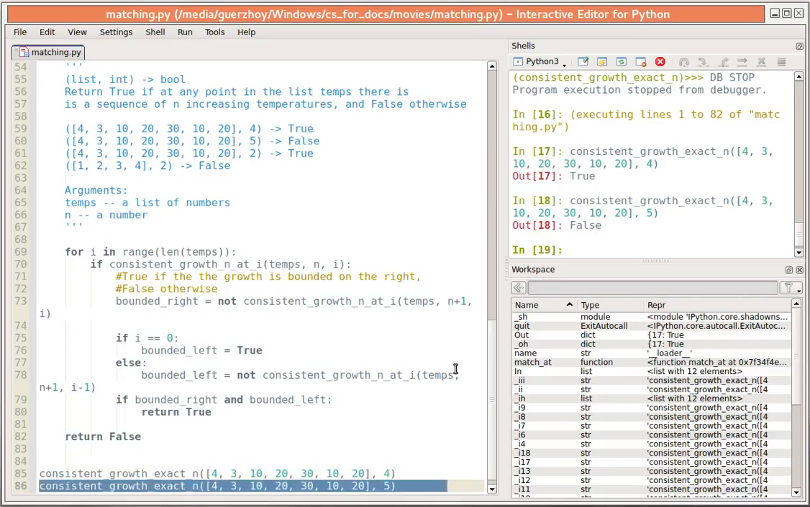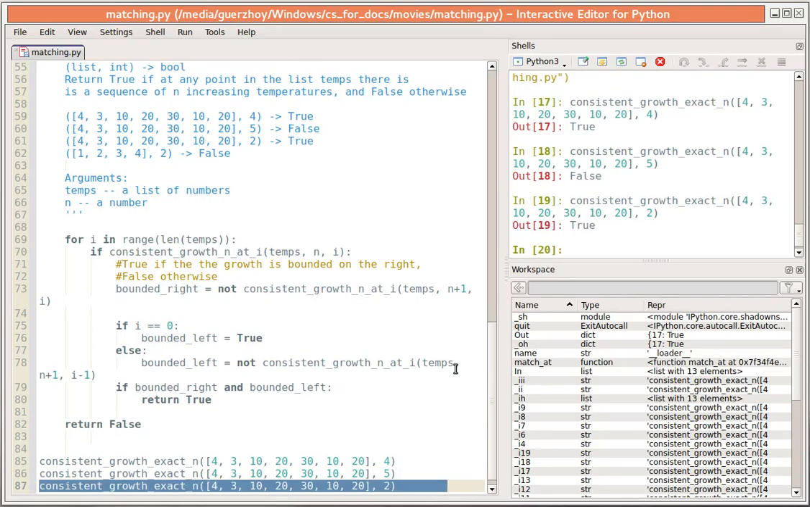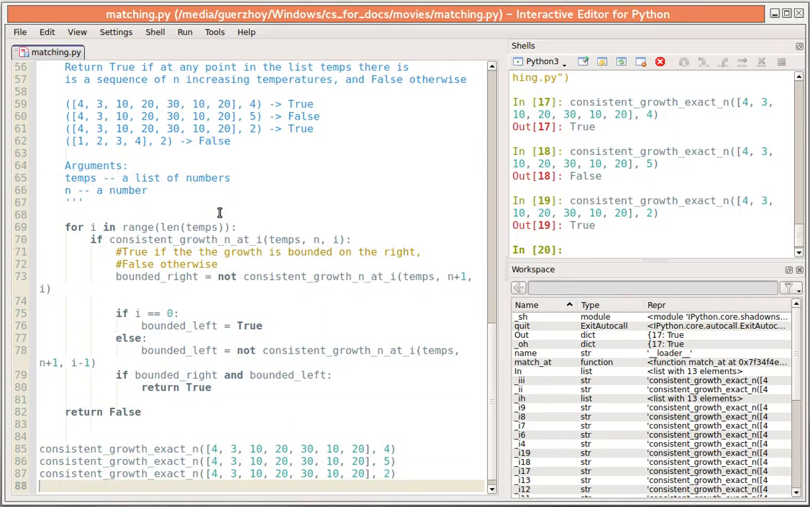Let me now try the exact same thing, except with 2. This returns true. It should return true because, for example, here is a sequence of 2 elements which are growing. Let me try this example. Let me copy it like that. And let me try this. This will be